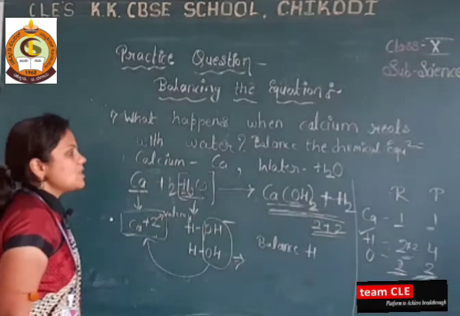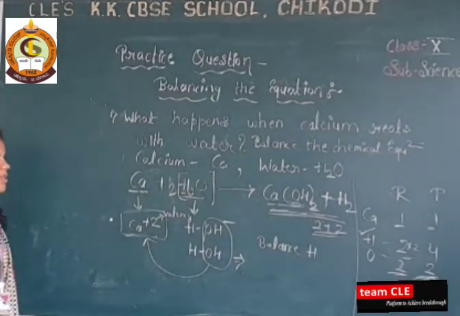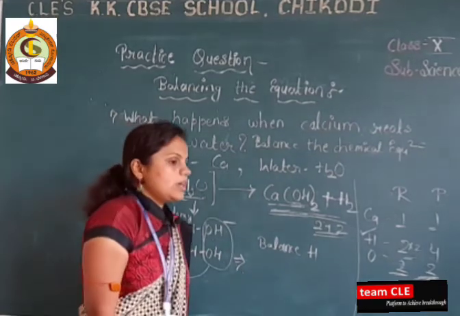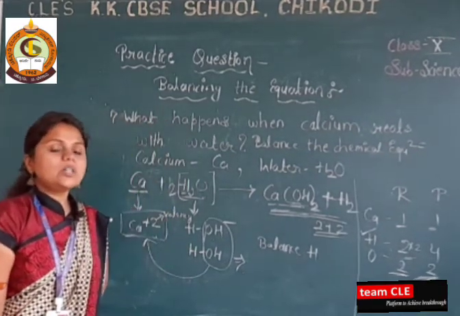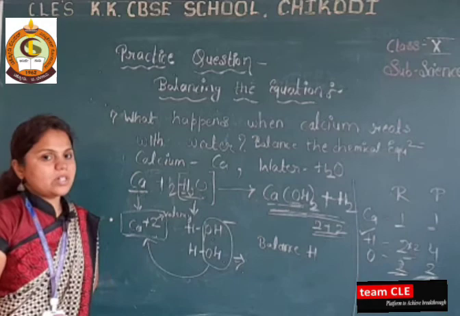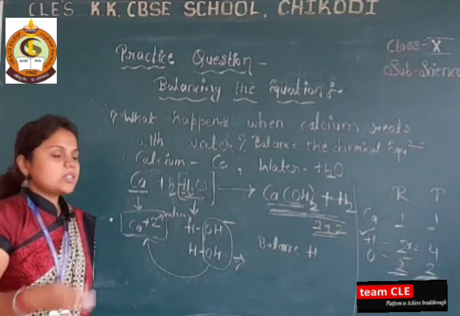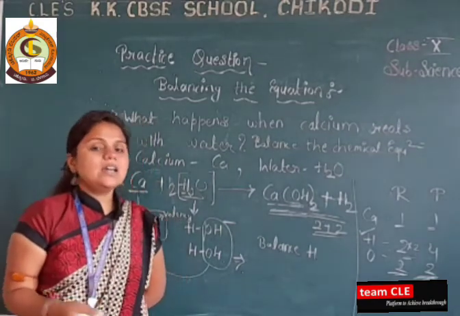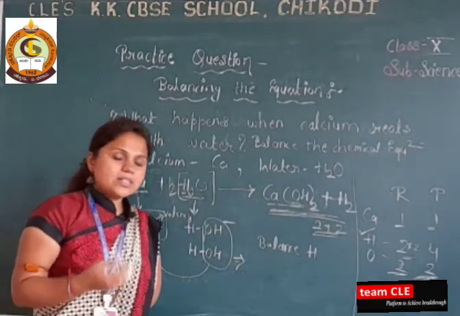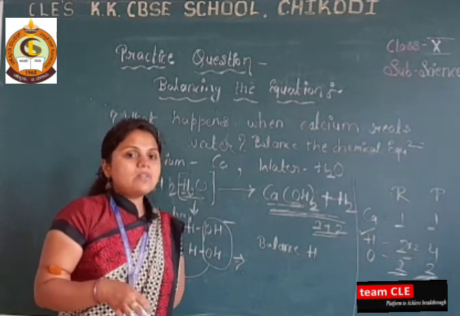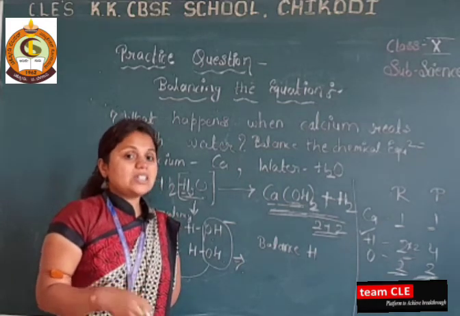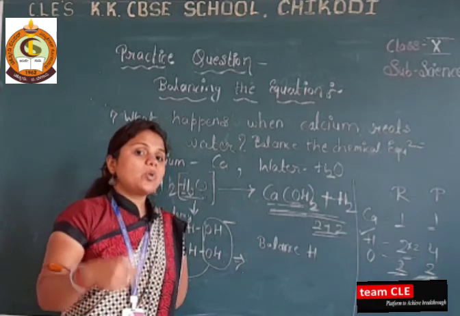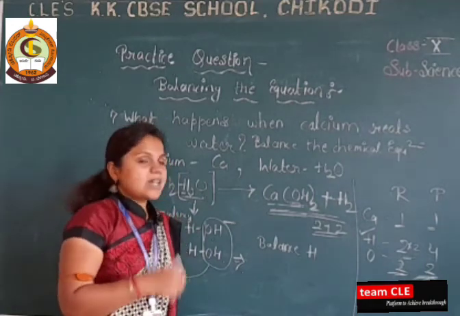So this is one of the twist questions which can be asked in the examination. Dear students, do more practice of such types of questions. I will share such balancing chemical equation questions with you. Build the habit of practicing. This chapter is important because of balancing the chemical equation. This is the backbone of chemistry concepts, so you need more and more practice to understand it.